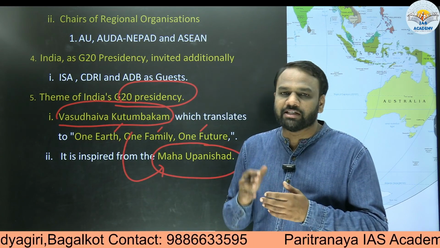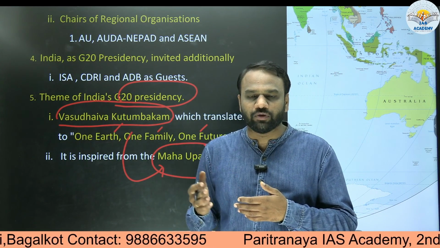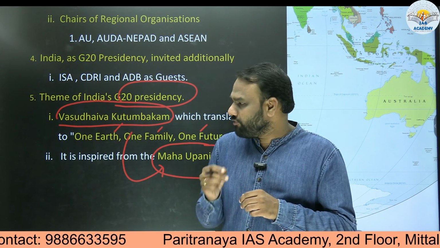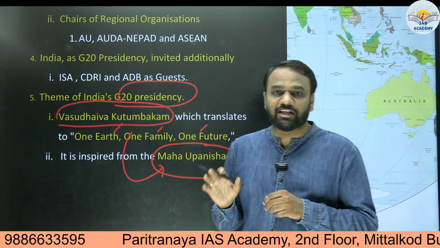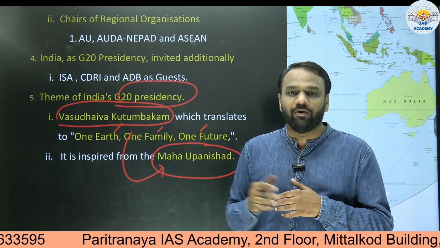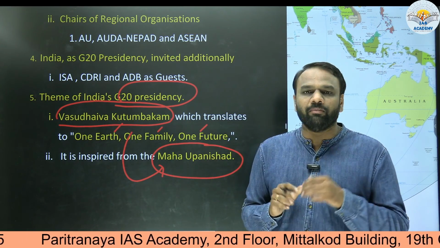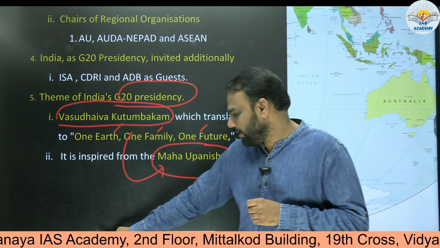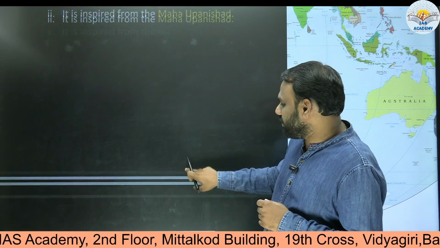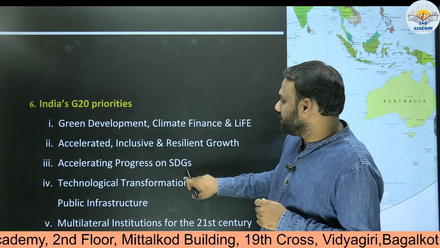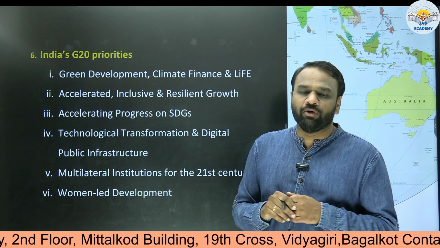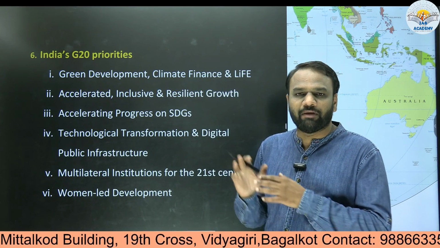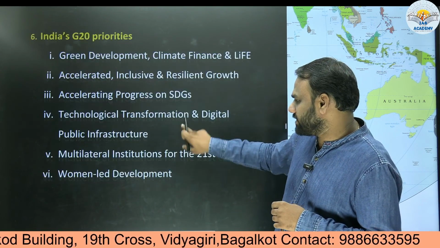Because G20 has repeatedly appeared in the newspaper, every aspirant will be focusing on those aspects. But very few will be focusing on these aspects. So even these aspects which are not present in the regular newspaper are important from the exam point of view. Vasudhaiva Kutumbakam has been taken from the Maha Upanishad. The contents we have discussed here will be beneficial from both the prelims as well as the mains point of view. A few of the things we have discussed here can even be quoted in mains as well.